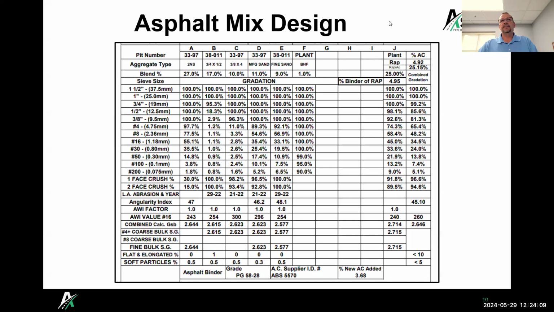Some specifications regress down to just 3.5%. I think the MDOT local agency says that you should regress down to 3.5, or you can go down to 3. I've always suggested going down to 3, especially for lower volume roads, because we're getting more asphalt in the mix, going to make that mix more durable and less susceptible to cracking.